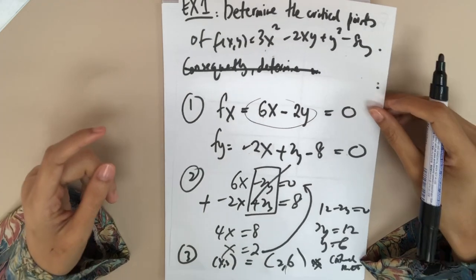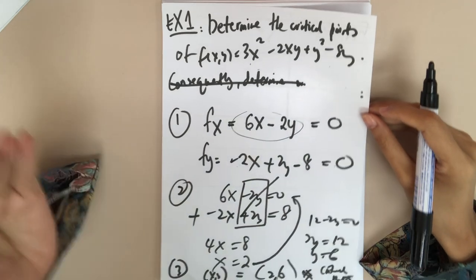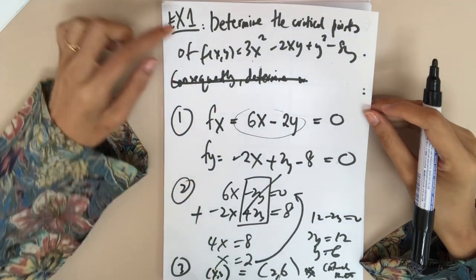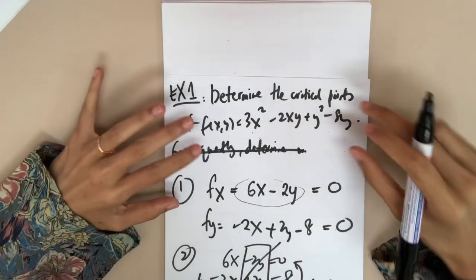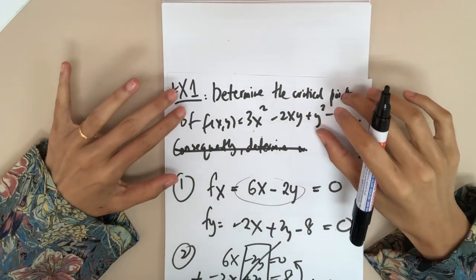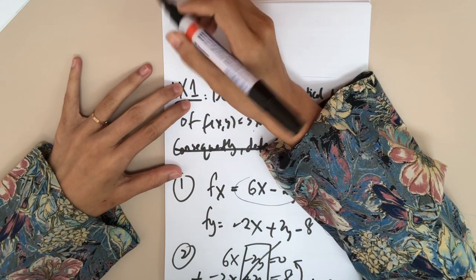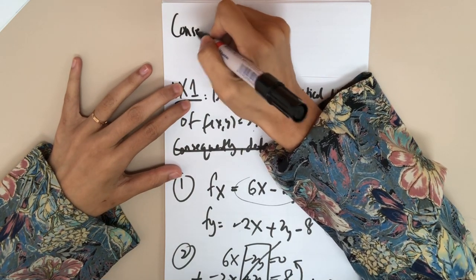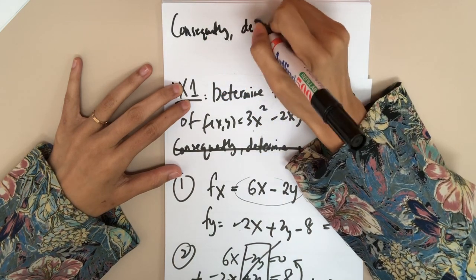Example 1 in the previous video said, determine the critical point of the function. Now I want to extend this example. We are using the same function, but I just extend it. Consequently, this is the word that I used just now. Consequently, determine